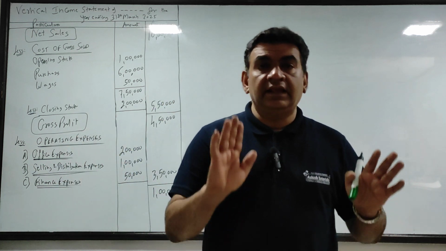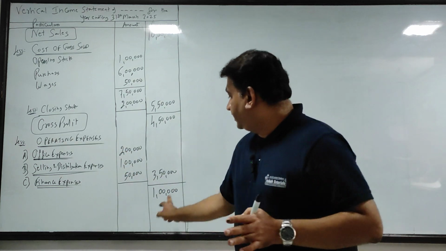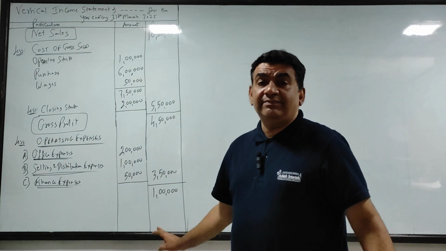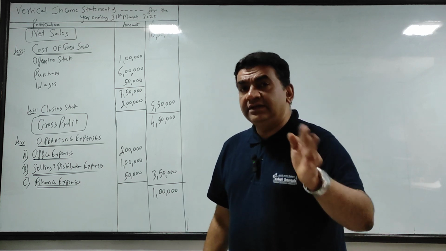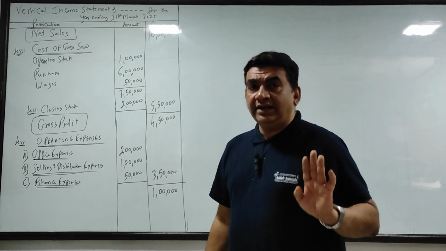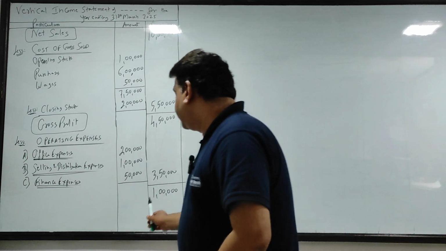But I'm not doing that. You all can do that. If you all have followed the format properly, you can stop here and call this as net profit after tax. Now since I explained you the format, I am going according to the format. जो item नहीं है, will write nil against that. So as per the format, this 1 lakh